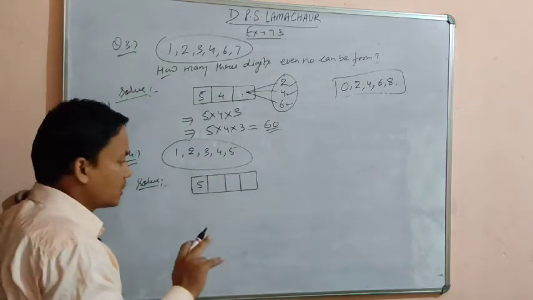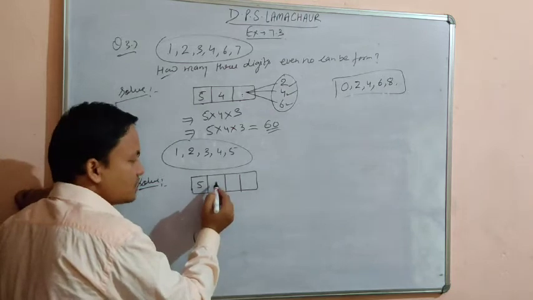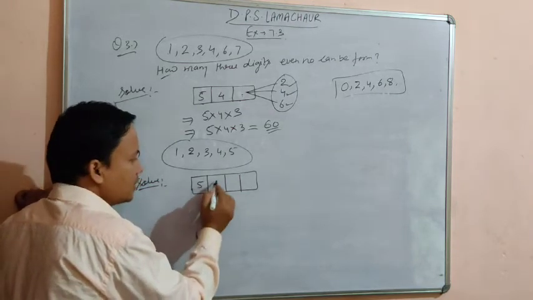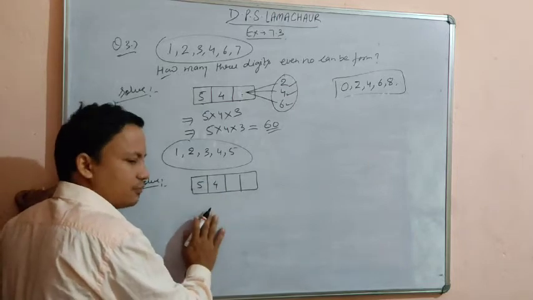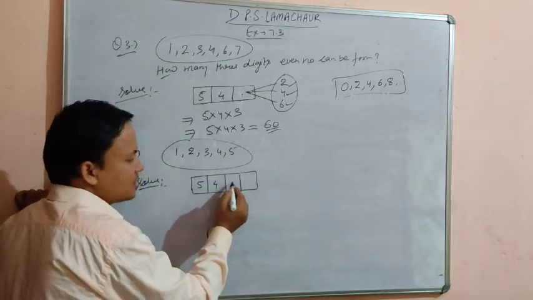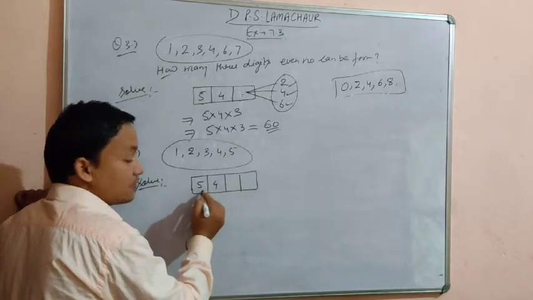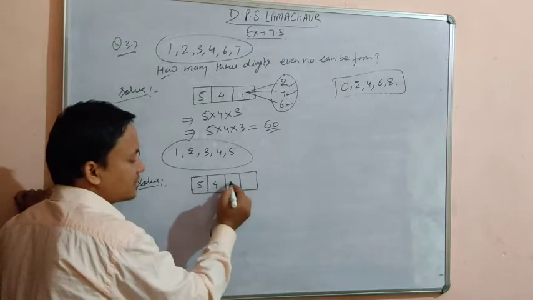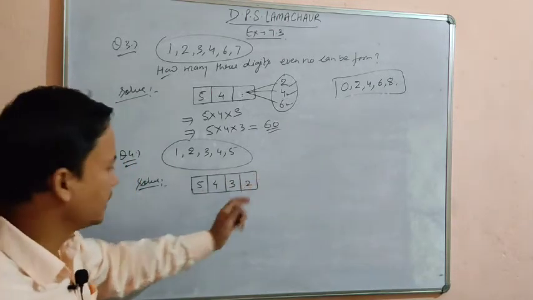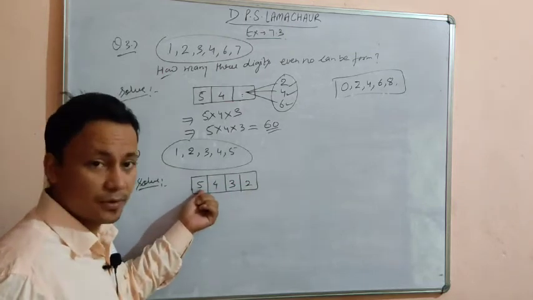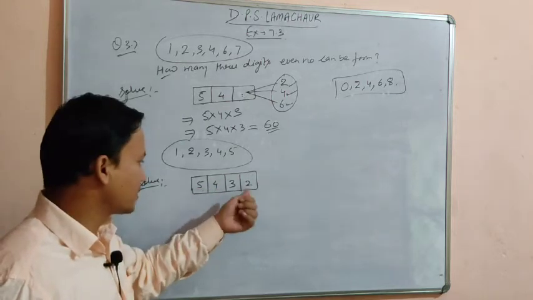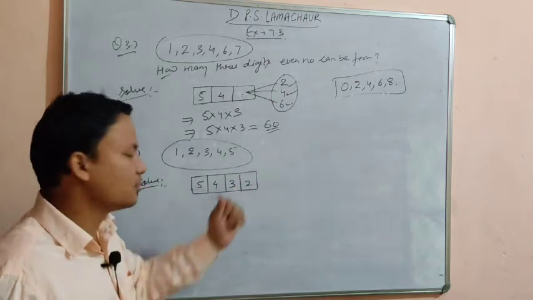Since repetition is not allowed, what will be the possibilities to fill the second box? There is one option less because one is already fixed on the first position. So this box can be filled with 4 digits. And what are the options to fill this box? There are 2 numbers already fixed, so the possibilities are 1 less, that is 3, and this is 2. Options keep reducing, okay. 5 options are available to fill the first box. Since repetition is not allowed, there are only 4 options to fill this one, and only 3 options to fill this one, and only 2 options to fill this one.